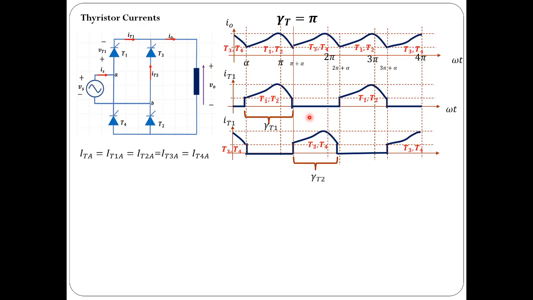And one more important observation, you can see that IT1 and IT2 have the same pattern of wave shape with some phase shift. So the average value for thyristor 1 and thyristor 3, I'm sorry, this is thyristor 3. So thyristor 2 and thyristor 1 and thyristor 3, they would have the same average value. Of course thyristor 1 and thyristor 2 would have the same current. So thyristor 1 average current is the same as thyristor 2 average current. Thyristor 3 average current is the same as thyristor 4 average current. So please make this correction. Here it is IT3, it is not IT1, it is IT3. So the average current for all thyristors is going to be equal, which is indicated by ITA.